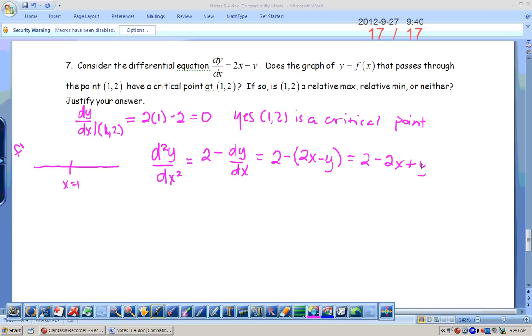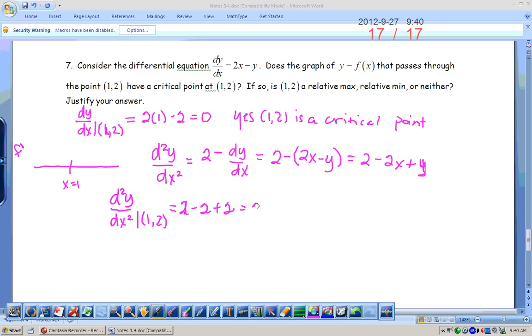So my second derivative equals 2 minus 2x plus y. And then all I need to do is determine whether that second derivative is positive or negative at the point (1, 2). Remember your notation would be d squared y over dx squared, put your little bar, and then the point (1, 2). That tells me that I'm plugging the point (1, 2) into my second derivative. So when I plug in a 1 for x and a 2 for y, I get 2 minus 2 plus 2,